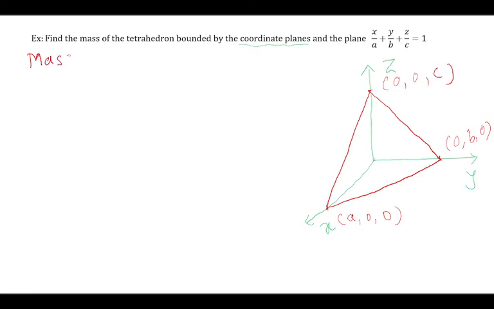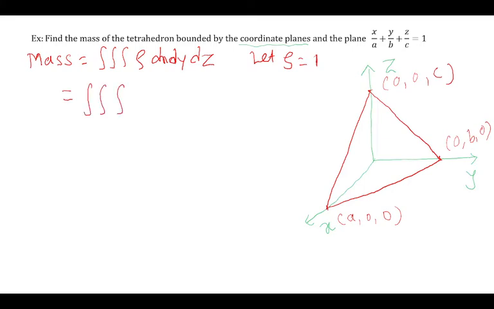Okay, so right now our formula for the mass is, we can start like this. Mass is equal to a triple integration of rho dx dy dz, but as density is not given, let rho equal to 1. That is our assumption. So this will become a triple integral, and generally we always keep our order as dz dx dy. Already we discussed about it.